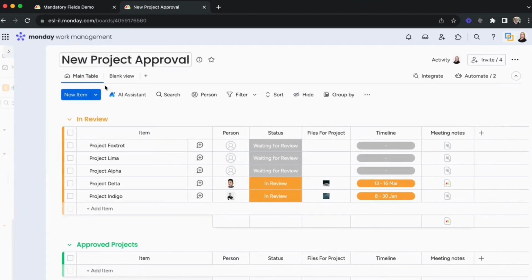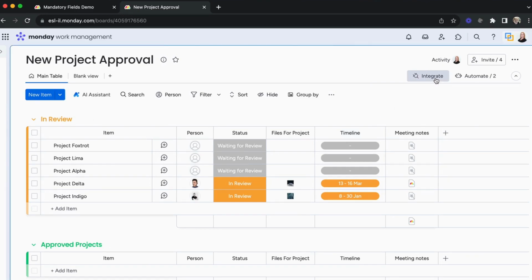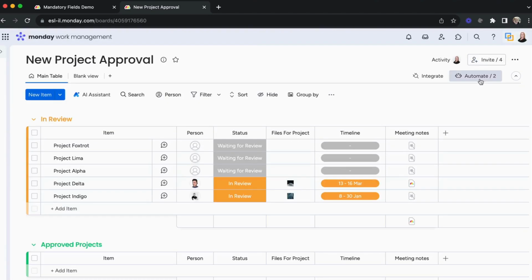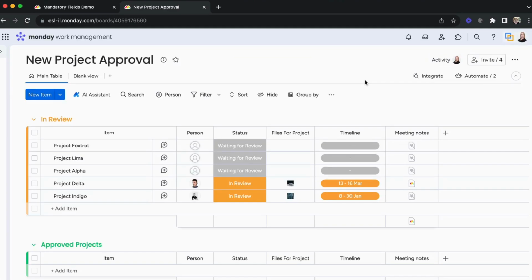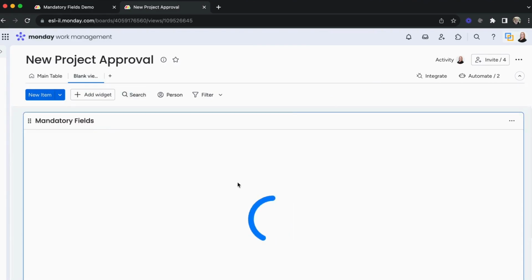Okay, so let's get started. So we have our project approval, we have in review and approved projects. In my integrations, I've chosen that when the status changes to approved, validate the item, make sure that we have all the integrations and the restrictions set up, and move them to approved projects. And then I have an automation within Monday.com itself, and I have when an item is moved to approved projects, move the item to project pipeline. In my blank view or the mandatory fields app,